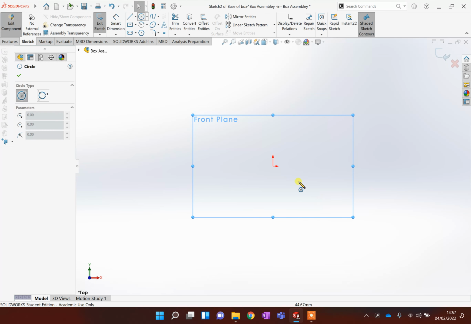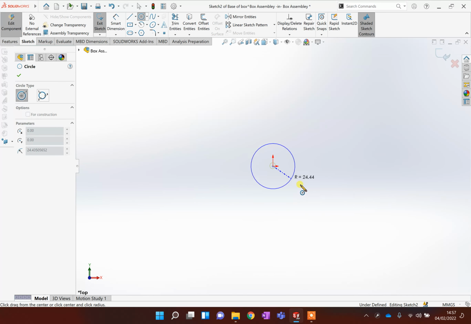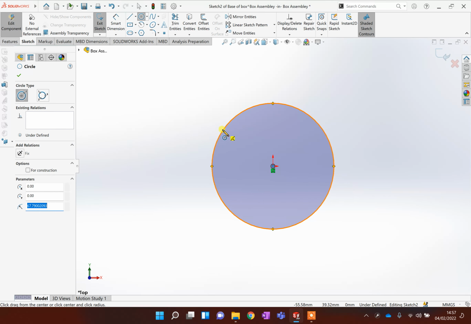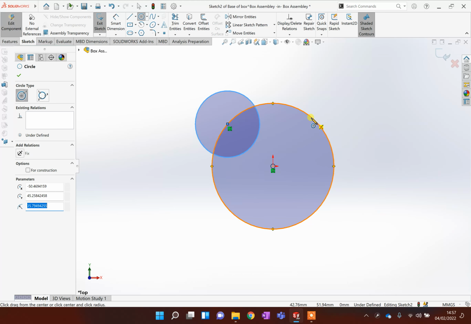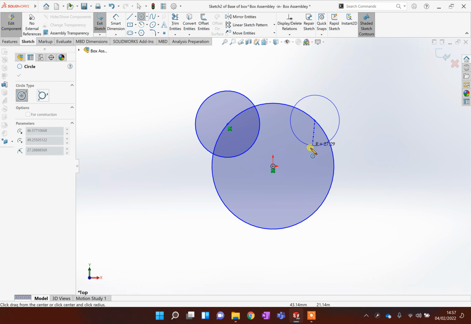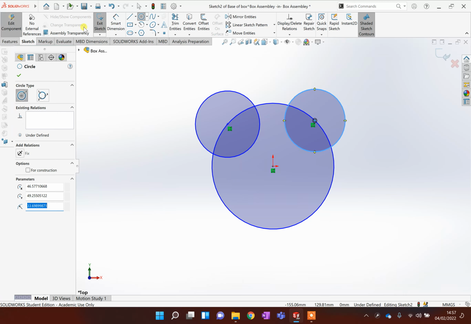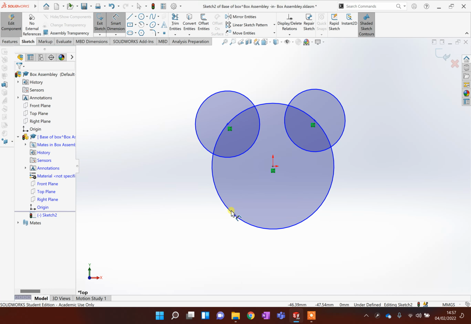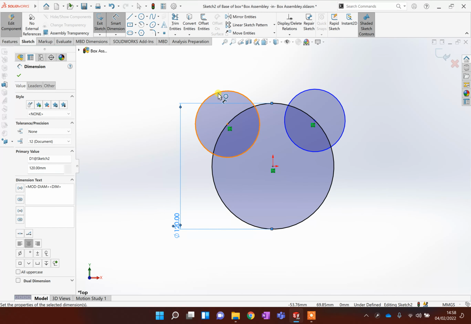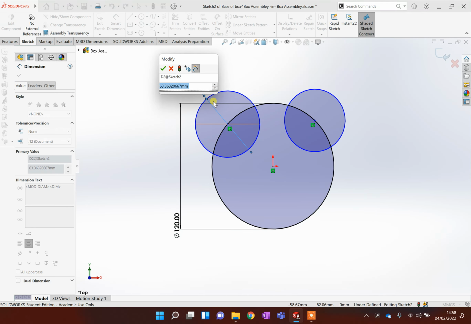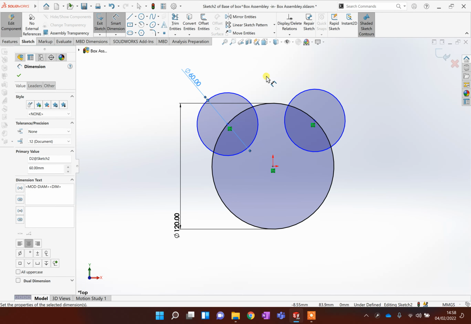I'm going to make my box as a circle, and just to make it a bit more interesting, I'm going to add another circle off to the side of it. I'm going to do some Mickey Mouse style design here. Now I'm going to put dimensions on it. This is very important. I don't want my box to be particularly big, so I'm going to go 120 diameter, and just for consistency, let's make the ears 60. Smart Dimension